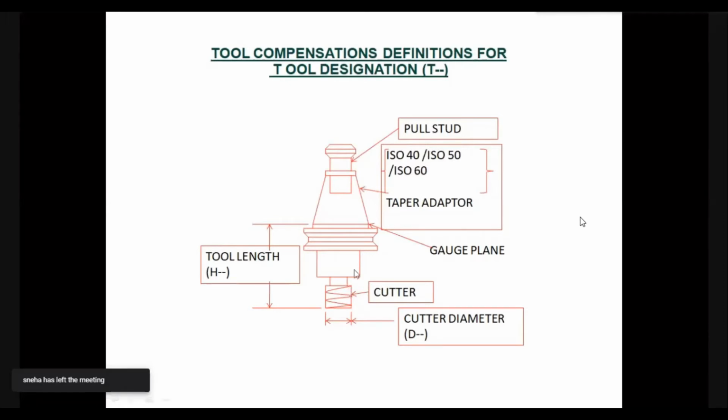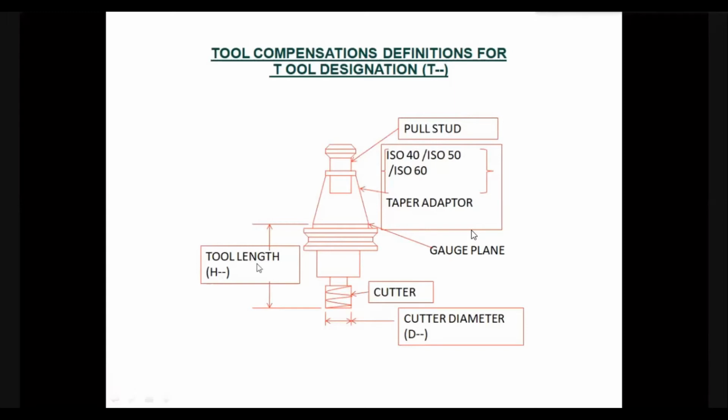All these things will happen. The fingers of the tool changing arm get inserted into this. What happens? At the major diameter of the taper, there is an imaginary plane called the gauge plane. So the distance between the tip of the tool here and the gauge plane will be the tool length.